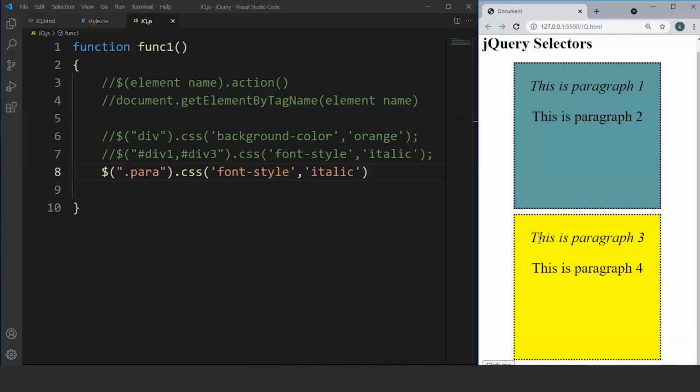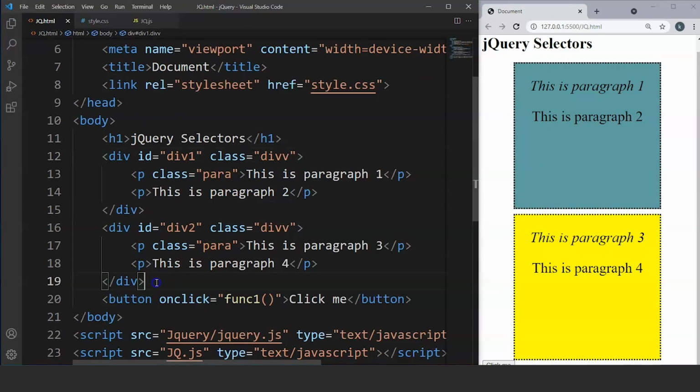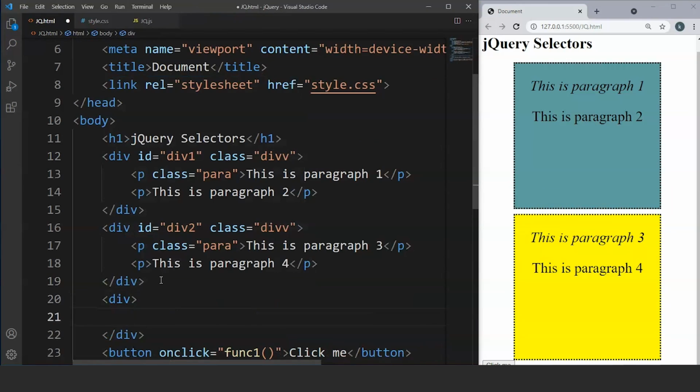So what we'll do now is we'll add another box here with different content. Like let's say we are adding a list of items or something. So for that, we'll go to a HTML file and we'll write here. After this div tag, we'll create another div tag. So inside this particular div tag, we are going to provide the ID as, let's say, div3. Fine.